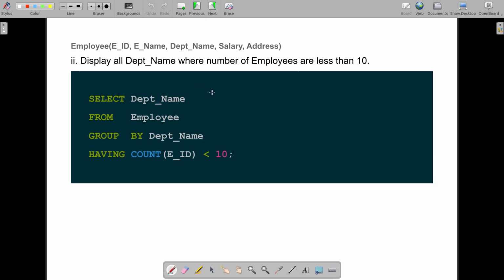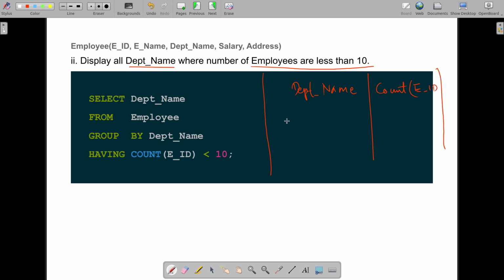Second question says display all department names where number of employees are less than 10. All the departments where number of employees is less than 10. That means first you have to create a table which looks something like this: department name and count of employee ID.